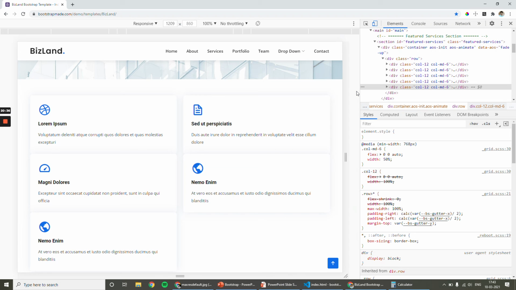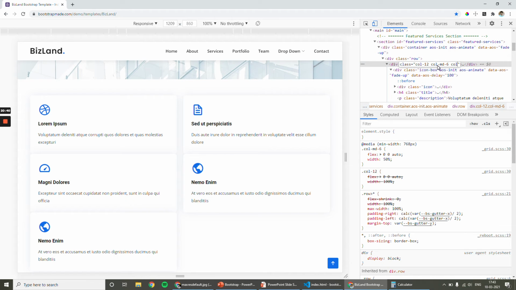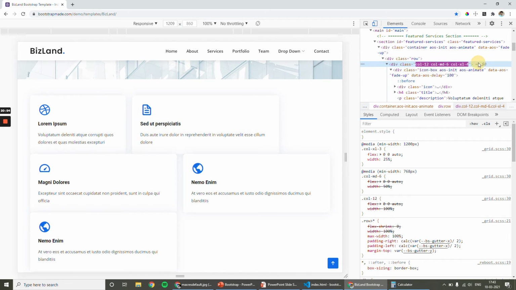So what I will do in extra large, XL 3. Now I will say I just need 4 of the 12 grids.